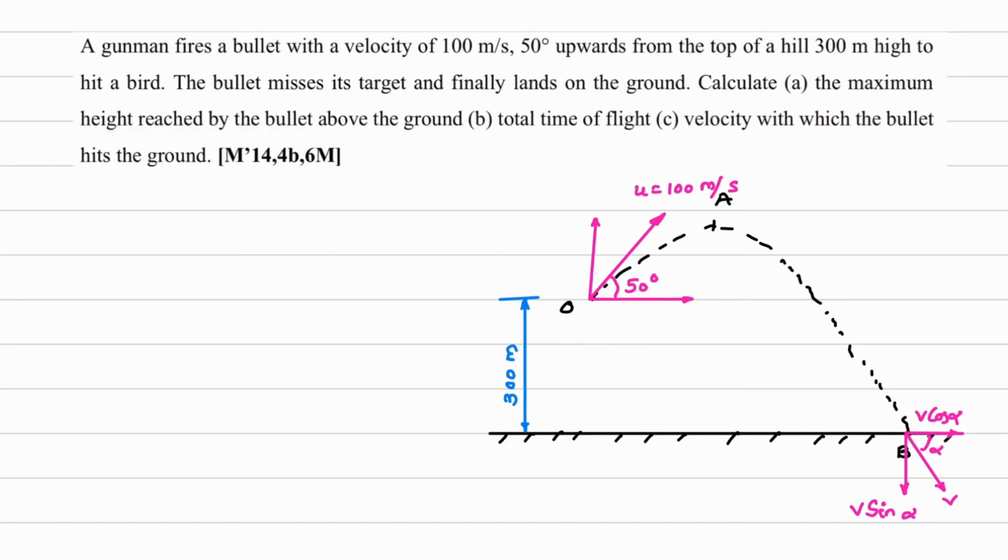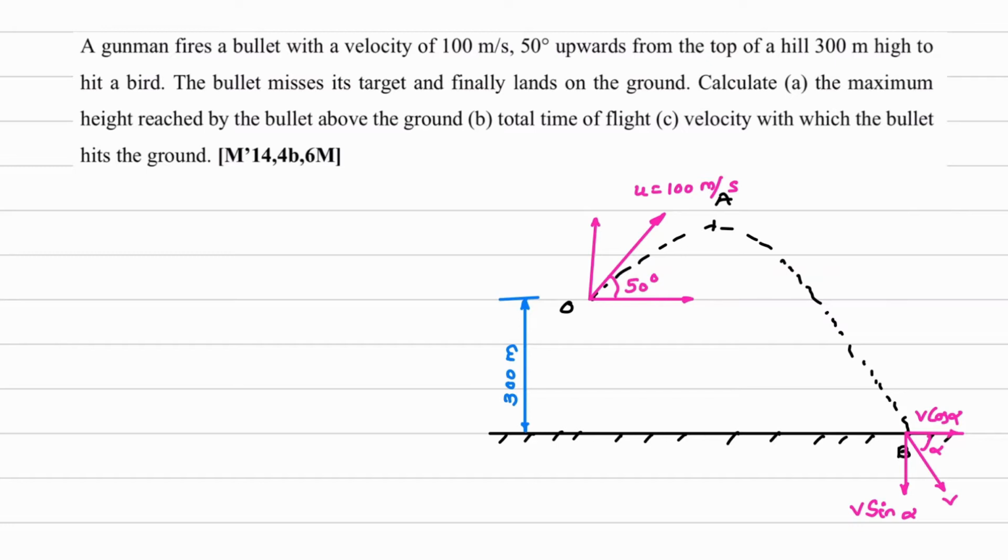Now if you recall in the derivation, the point of projection O and the point of target B were both at the same elevation. Here there is a difference. So be careful, don't directly use those equations. We have to solve the numerical considering basic equations. We had already discussed that during projectile motion, the x direction velocity is constant, so it is uniform velocity motion, whereas in the y direction we have acceleration due to gravity, so this will be uniform acceleration motion.